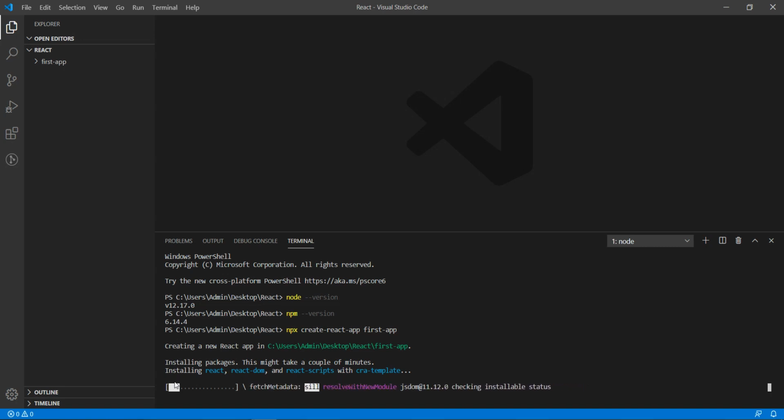Right now, create React app is installing React, React DOM, and React Scripts with the CRA template. It is also installing a couple of dependencies that are required in the React application. So all this process is in progress right now. Let's wait a few seconds to complete it.